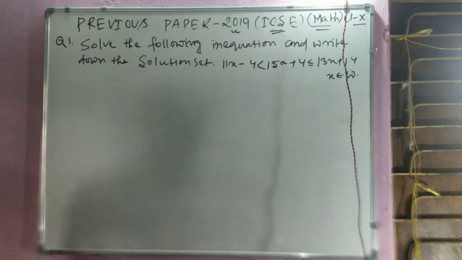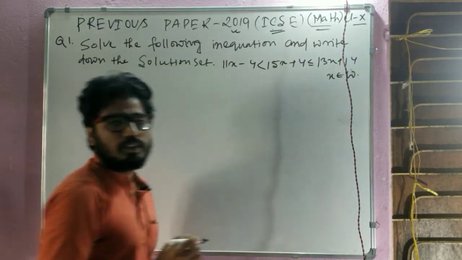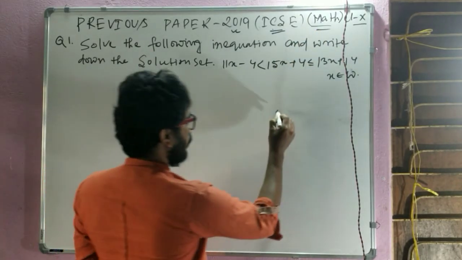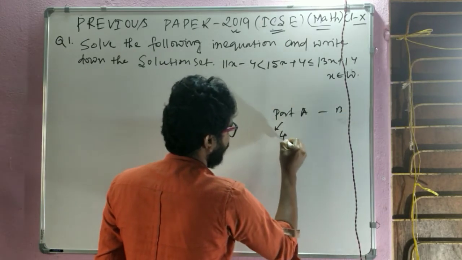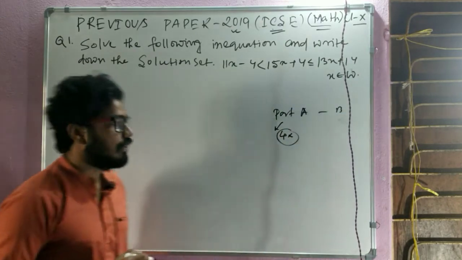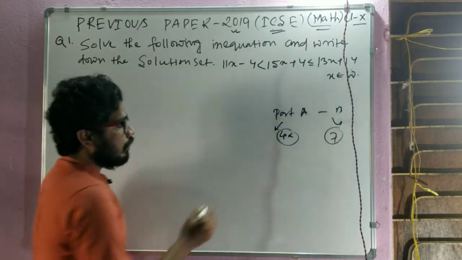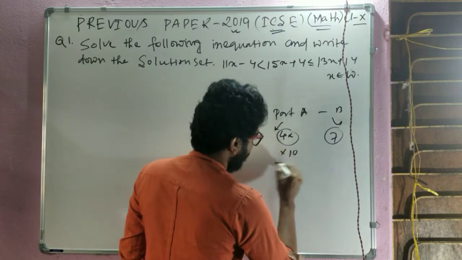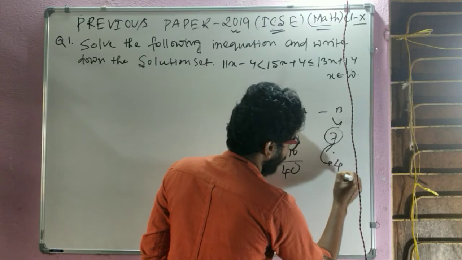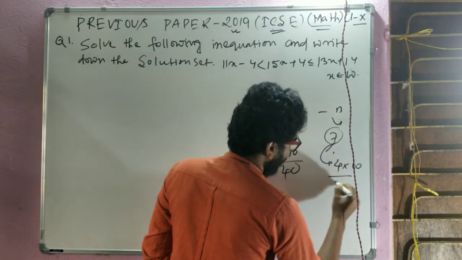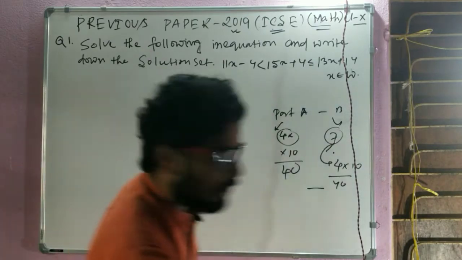Today we solve the previous paper, 2019 ICSE board. The ICSE mathematics paper has two parts, part A and part B. Part A has 4 questions with no option. Part B has 7 questions, and you choose any 4 questions. Total 4 into 10 is 40, and 4 into 10 is 40, total 80 marks. So today we solve